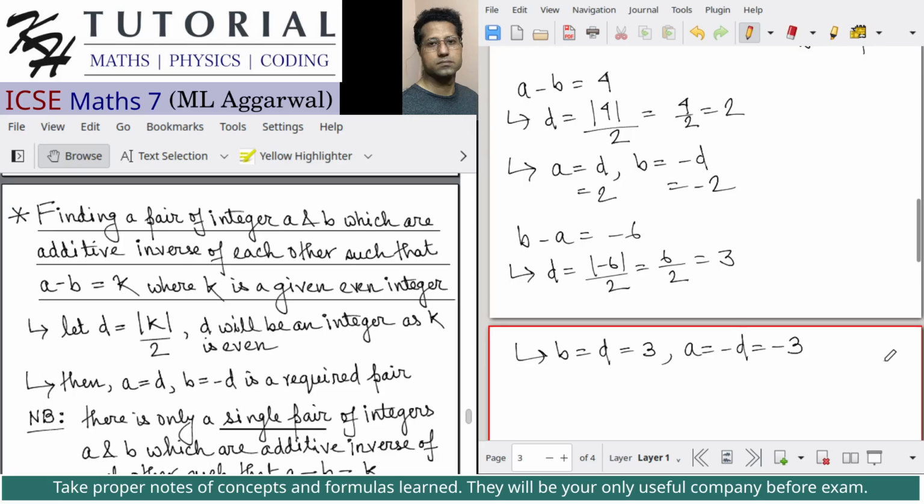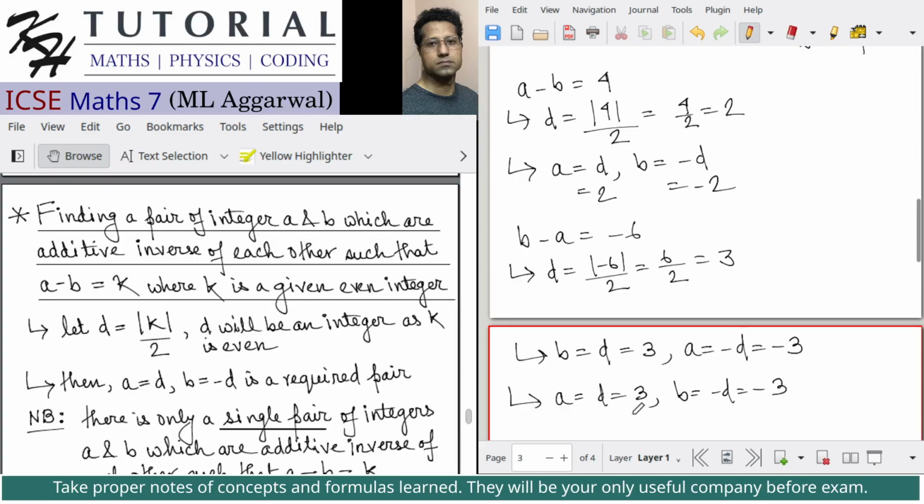If I consider a is equal to d, d is coming out to be 3. So a is equal to 3 and b is equal to, if I consider over here, after finding d, which is 3, if I consider that a is equal to d, which is 3, and b is equal to minus d, which is minus 3, then what will be b minus a? b minus a will be minus 6. Okay, so